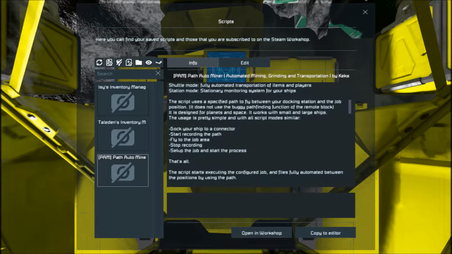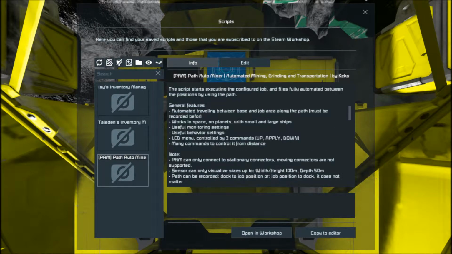The script was used: dock your ship, start recording, fly to the job area, stop recording, set up the job, start the process. So basically, you need to record a path from this connector to where you want to set up the job. It will tell you how to set up the job. And many commands to control from a distance. And there is a way to hook this up with